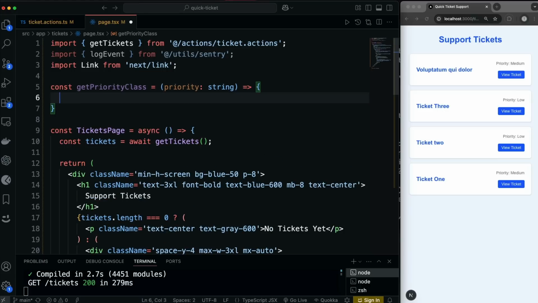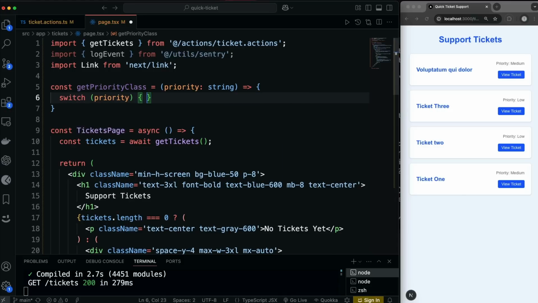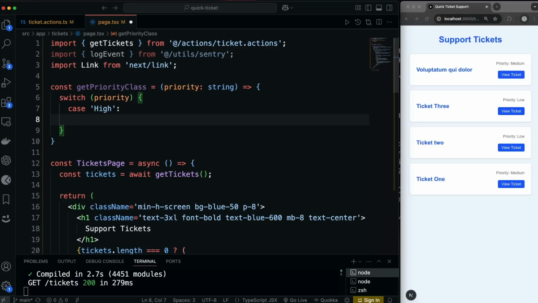Okay, and then I'm just going to use a switch here. So for the switch, we want to test the priority. And let's say if there's a case of it being high, then we want to return a class of